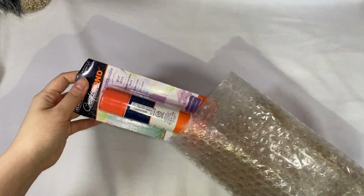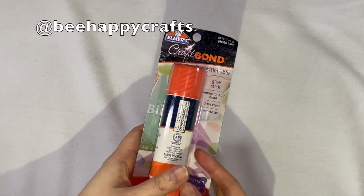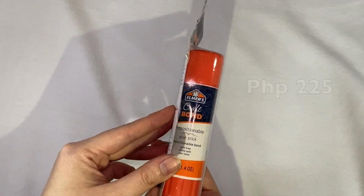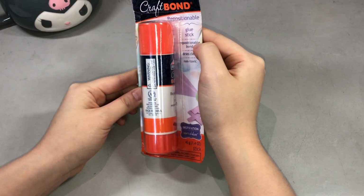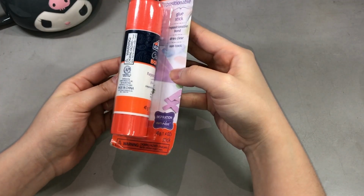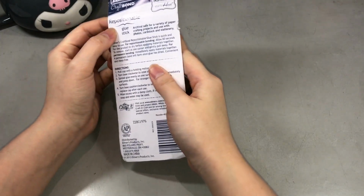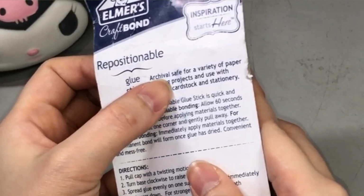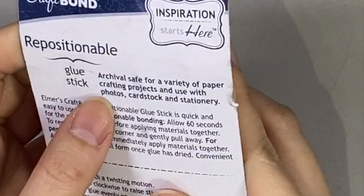So I got this from Be Happy Crafts. I will link the website below. This is a repositional glue stick according to the product description. Dries clear, non-toxic. This is 40 grams per stick. This is a repositional glue stick, archival safe for a variety of paper crafting projects and used with photos, cardstock,